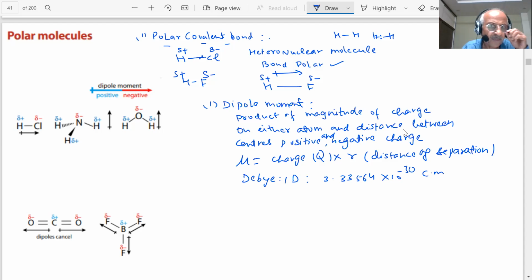Is it okay, students? And the arrow is represented where the more electronegative element is. An important point to note is that dipole moment